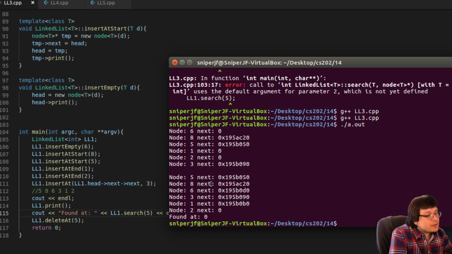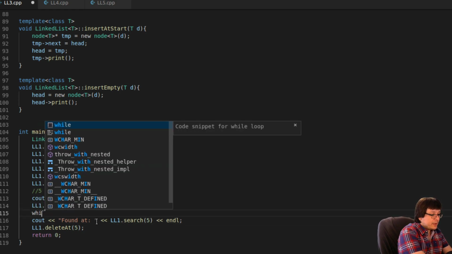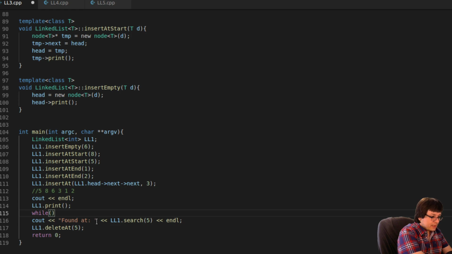So that's a nice little edge case of searching for something at the first index of our linked list, which is 0. And you can see it says found at 0. Maybe let's try looking for the 8 to see if it returns the index of 1. Or actually, let's make it interactive. Let's make a little loop that runs forever, searching for items.